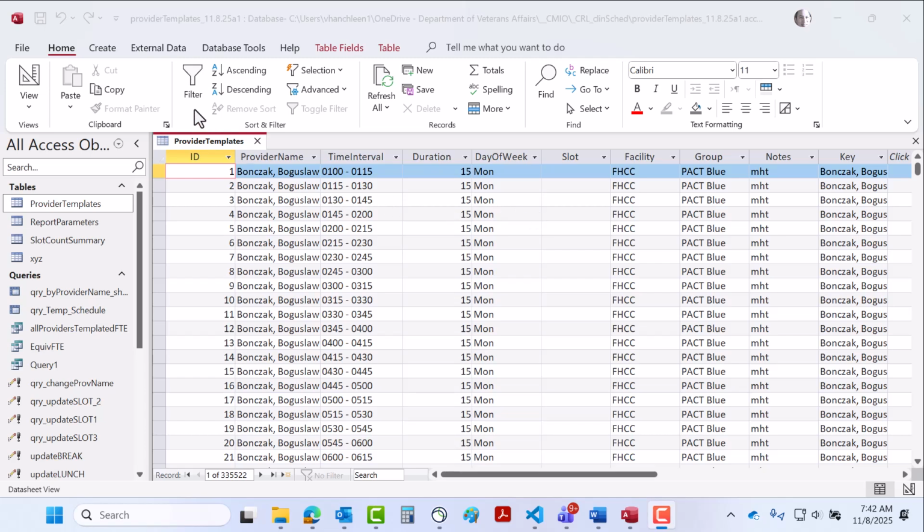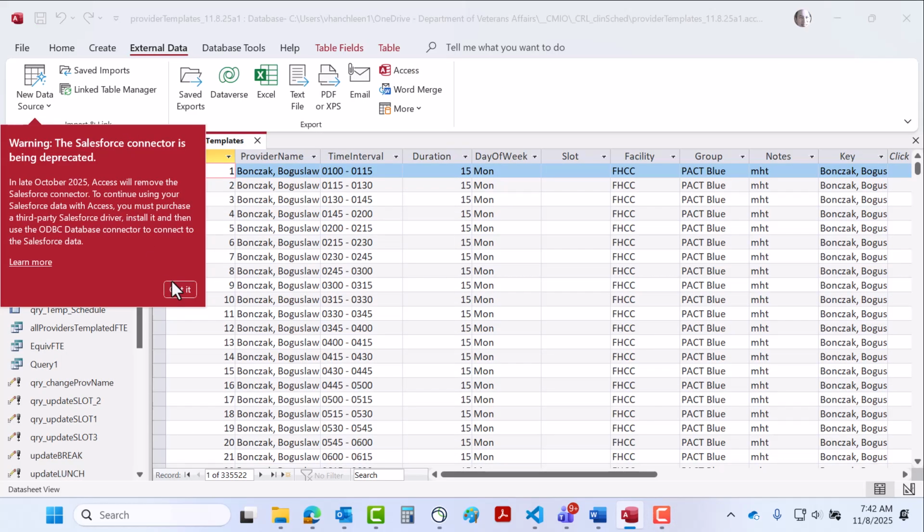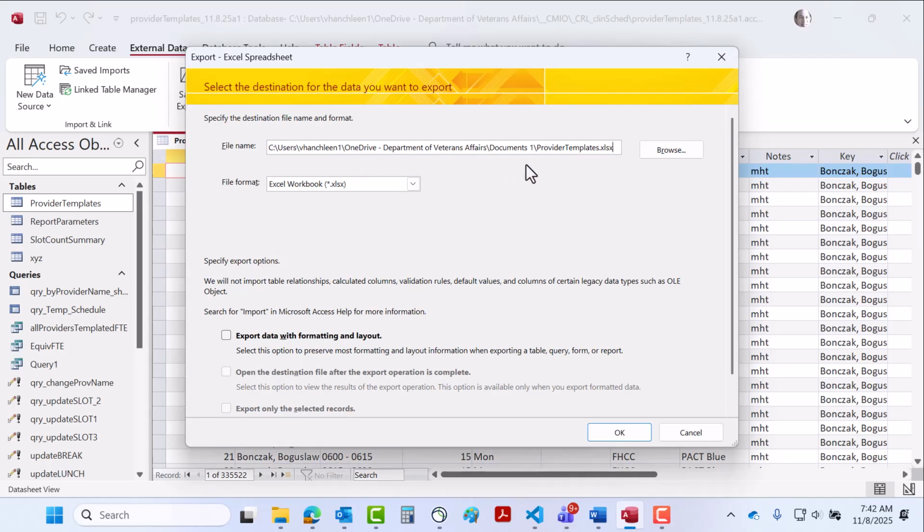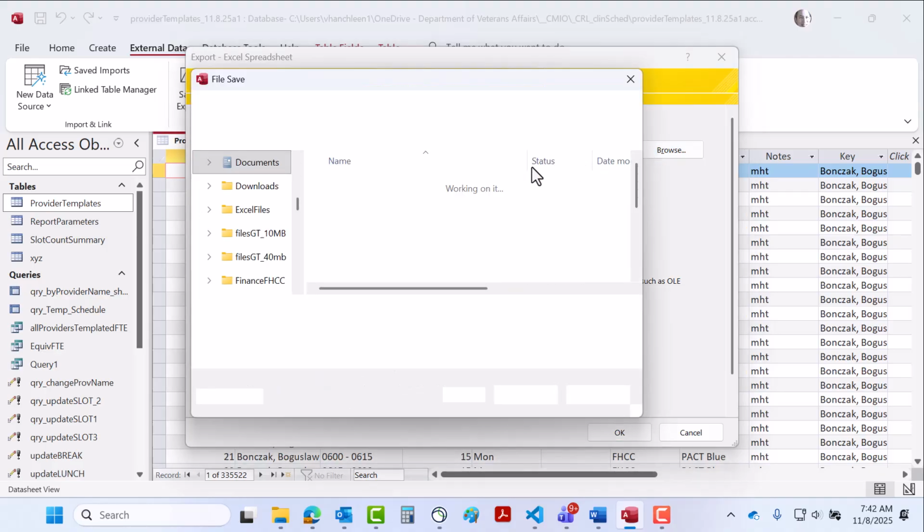And how you export the provider templates table from Access to Excel. Click on external data and then click on Excel, destination, browse,